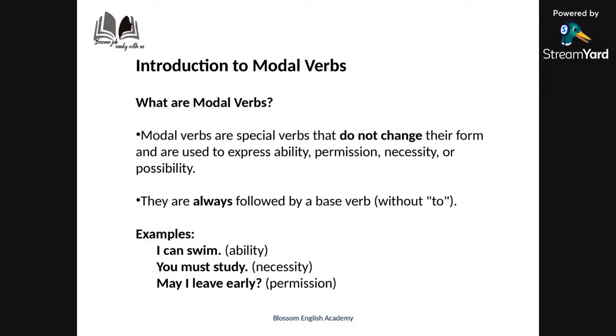So, as I said earlier, modal verbs are used to express ability. What is ability? Nothing but the strength you have to do something, okay? The capacity you have to do any action, okay? And permission, we all know what a permission is. The action is going to happen only when there is a positive reply when you ask for a permission, okay? And